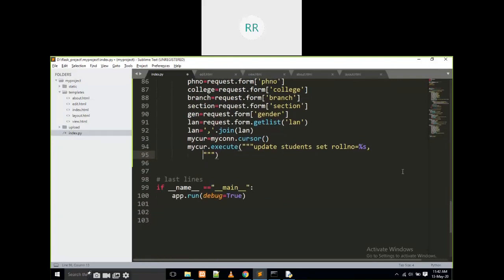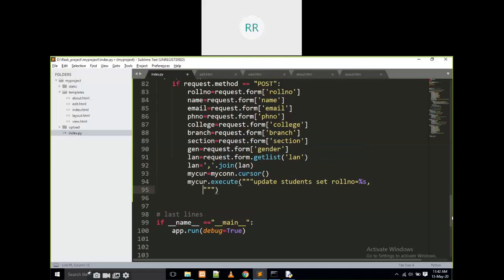Roll number is equal to percentages, name is equal to percentages, email is equal to percentages, comma, PHNO is equal to percentages, then college is equal to percentages. While you are writing these queries, you have to write perfectly. If you make any mistake, it will give some other error.